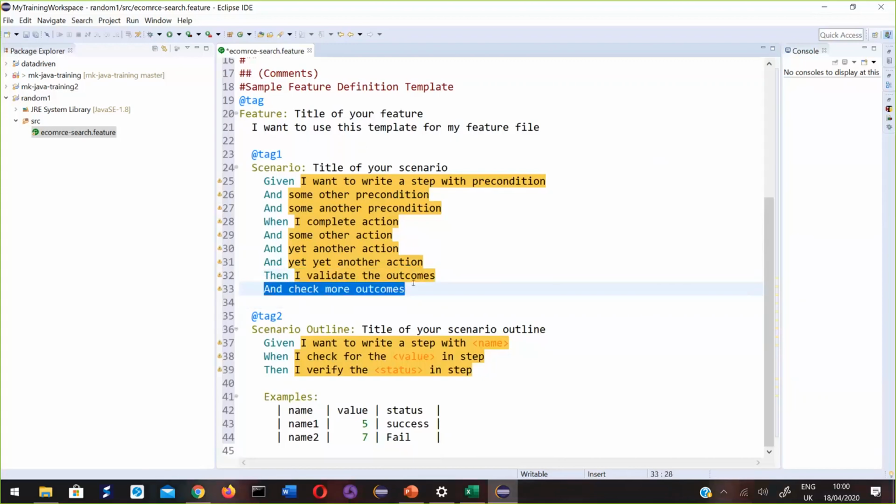That means you are also comparing something here. Okay. So AND is used to add multiple steps inside given or inside when or inside then. If there is more than one step, all you need to do is use AND.